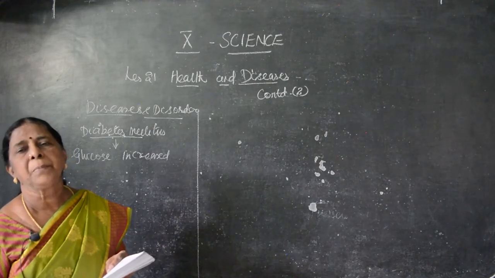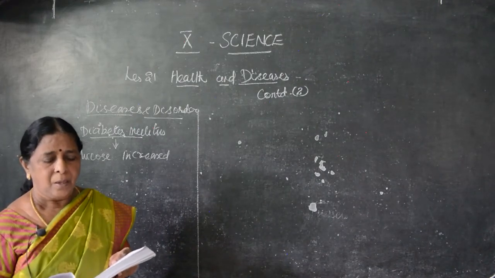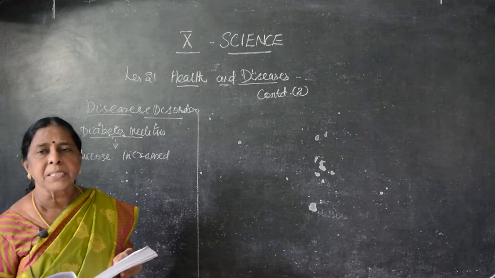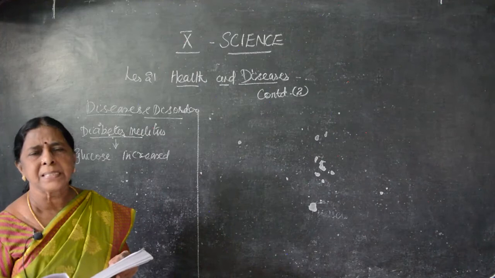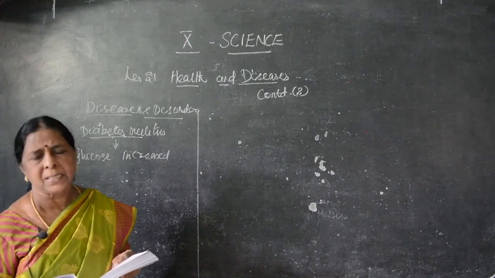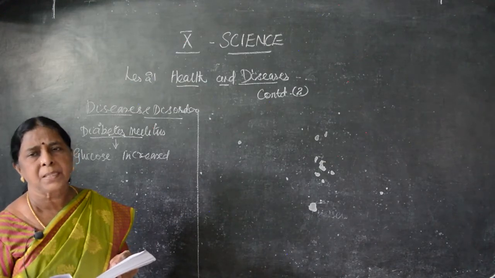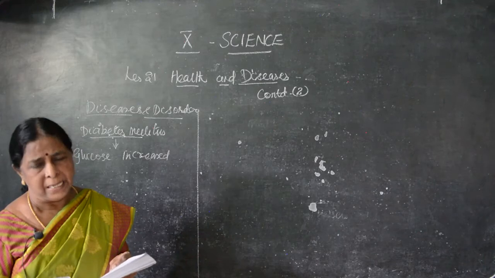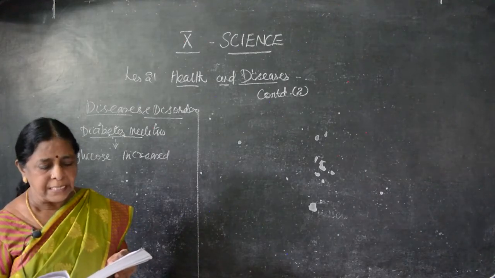So how does it come? Because of insulin. Insulin is a hormone. It is secreted in, what I said, pancreatic cells, endocrine glands. I think I took the lesson already. Yes, endocrine gland, pancreas, dual gland. I said, remember, dual gland. It acts as exocrine as well as endocrine. The pancreas secretes a hormone, insulin.